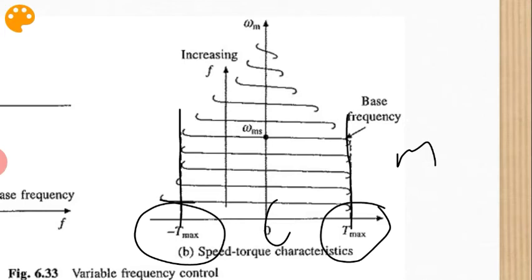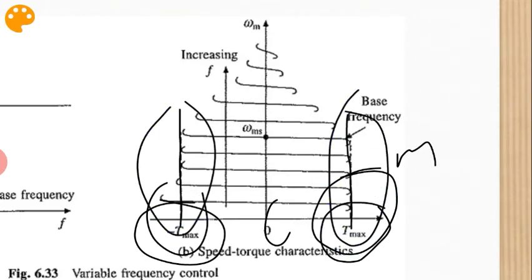A given torque is obtained with a lower current when the operation at any frequency is restricted between the synchronous speed and the maximum torque point, both for motoring and braking operation. Therefore, the motor operation for each frequency is restricted between the synchronous speed and the maximum torque point. Here we get the maximum torque point in both cases. I conclude here.